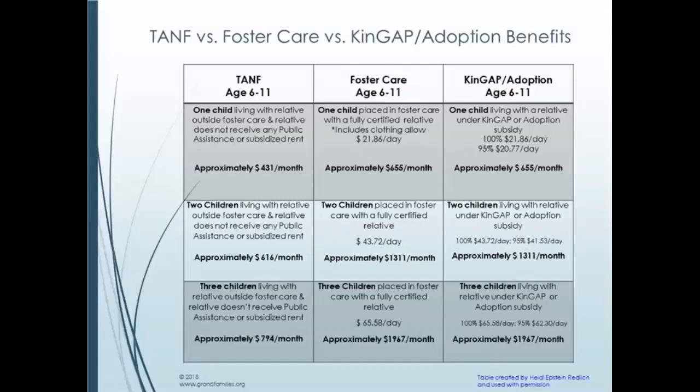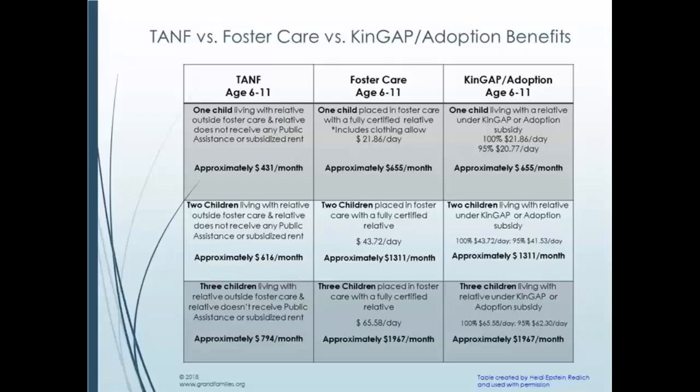The relative themselves is not receiving public assistance or subsidized rent, so they are getting the full non-parent child-only grant. You're looking at approximately $430 per month. That is one child. If you go down to the next box and you add a second child, as Ray mentioned, that second child is going to be slotted under the open public assistance case of the first child, meaning that they're going to get a lesser subsidy, about $150 or so. So you'll see for two children, both getting the full non-parent child-only grant that they're eligible for, about $616 per